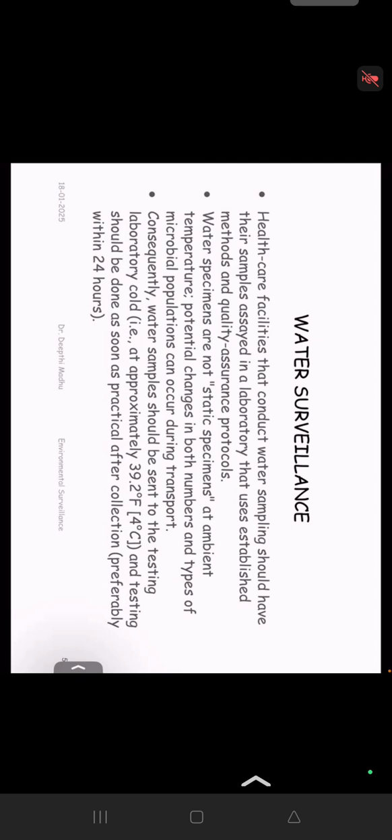Potential changes in both numbers and type of microbial populations can also occur during transport. So it is important that you transport it within a defined time frame, or if there is a longer duration, maintain the cold chain or use chemicals which